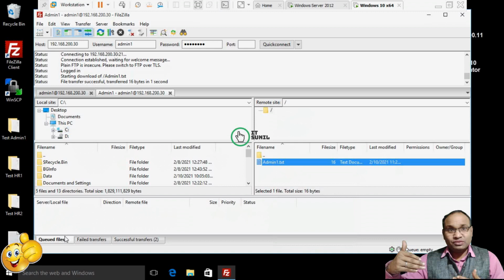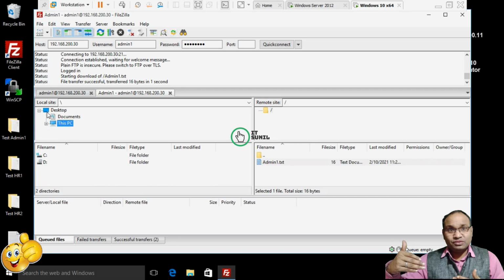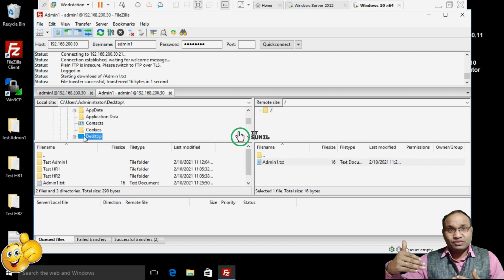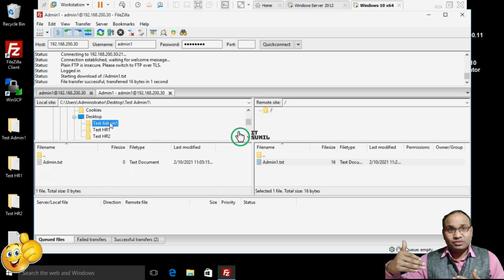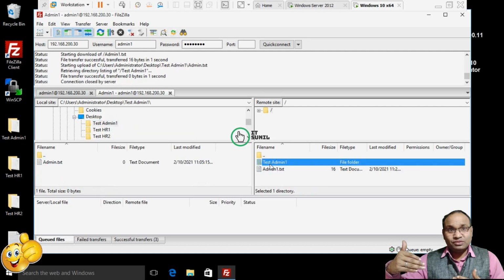Now you can see the file has been downloaded. If you want to upload, select a file and a folder like admin, right click here and upload. You can see here that test admin1 has been uploaded.